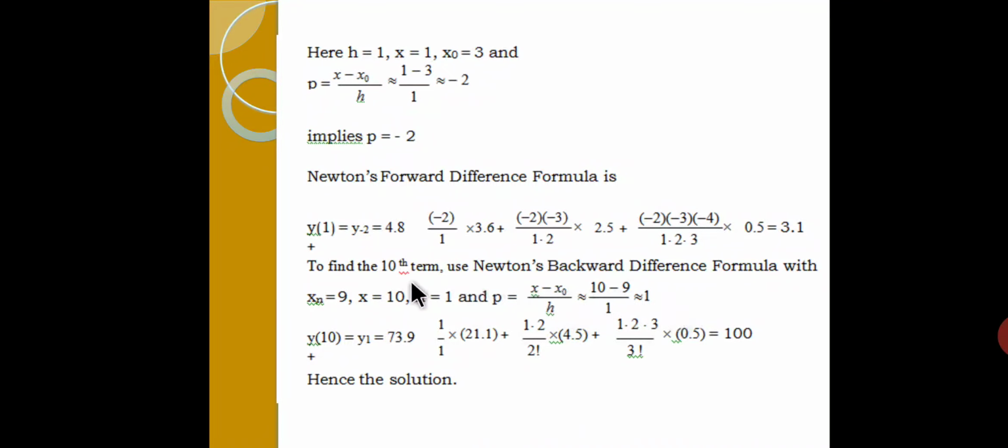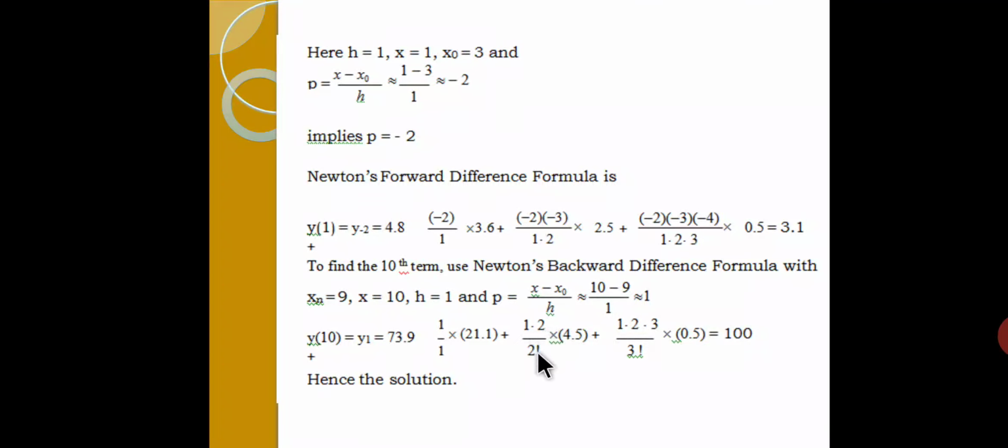So now substitute all these values, and also nabla yn, nabla square yn and nabla cube yn values, in the backward difference formula. So what is the formula? y of x is equal to yn plus p nabla yn plus p into p plus 1 by 2 factorial nabla square yn plus and so on. So here x value is 10. So y of 10 is equal to yn value 73.9 plus p value 1 by 1 into nabla yn value 21.1 plus 1 into 1 plus 1,